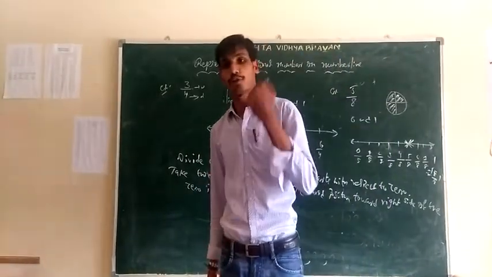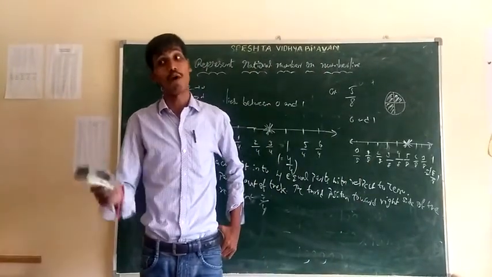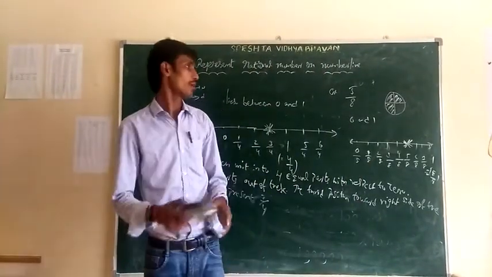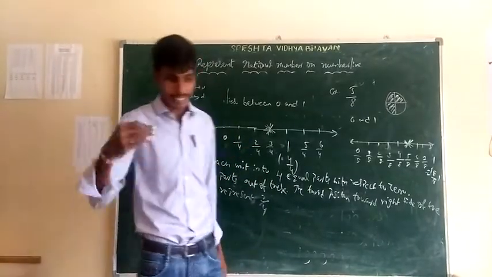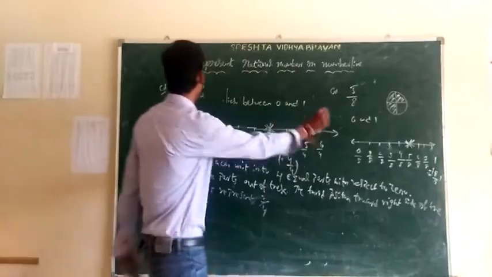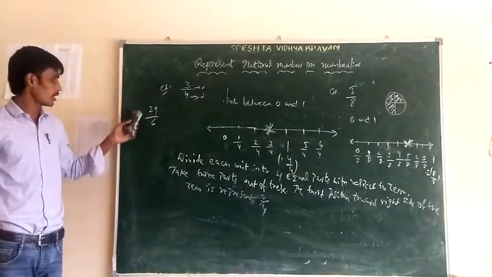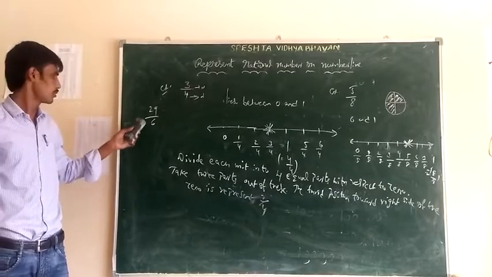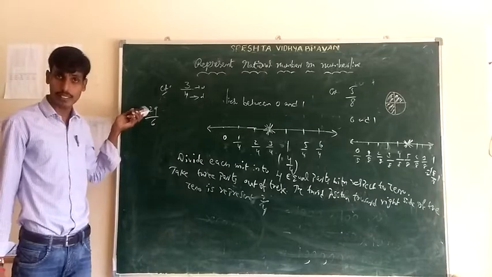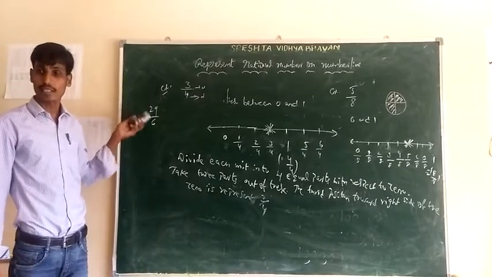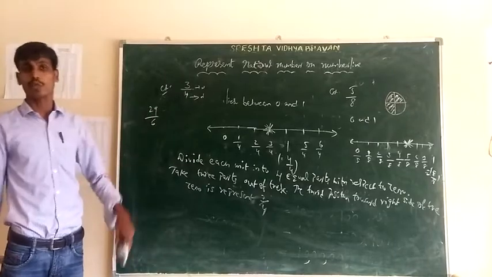For example, you have the doubt. Sir, we talk about only proper fraction, but what about improper fraction? Okay, so you have got improper fraction. Okay, for example, tell me any improper fraction. Okay, so for example, 29 by 6. So is 29 by 6 an improper fraction? Yes, it is an improper fraction. How can you say that? When the numerator is greater than denominator, then you have to say that it is an improper fraction.